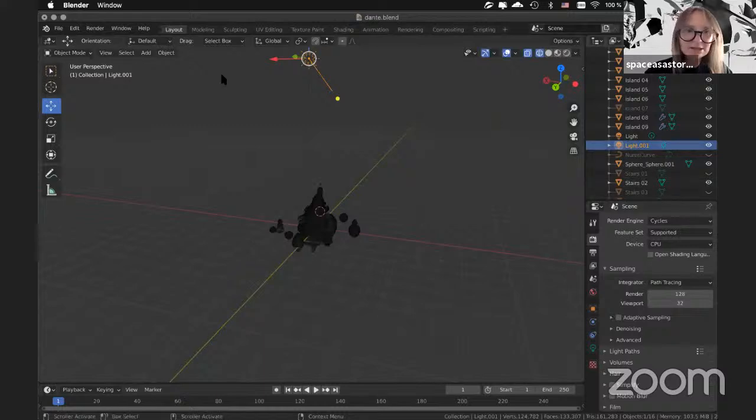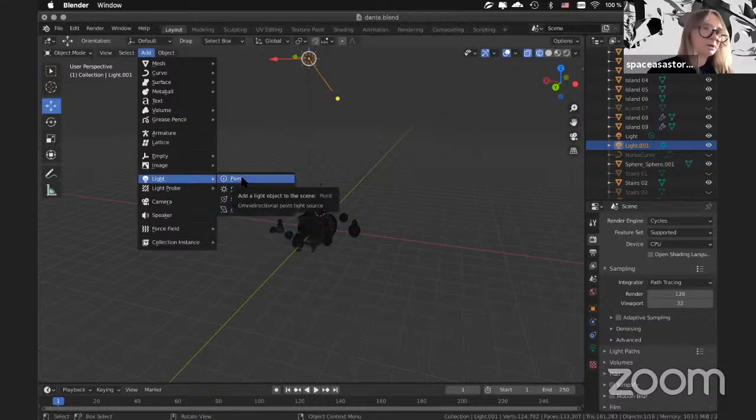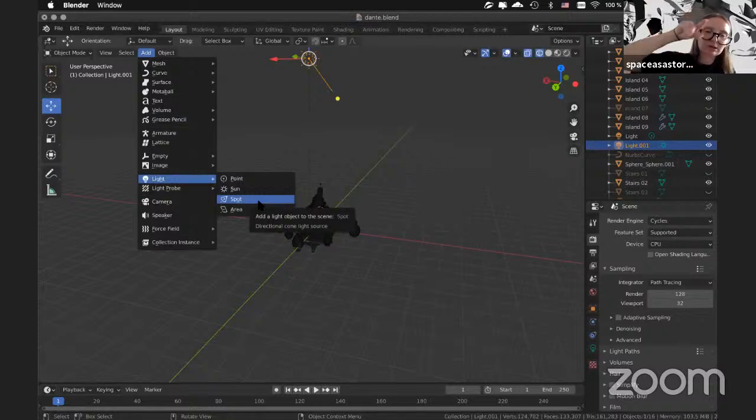So to create a light, we need to go to Add, Light, and choose different types. There is point. I think it's quite familiar to you what the different types are, but we have a point that lights everywhere from one point. We have a sun that is very intense, and it is useful to have one up in the scene if you have a daytime scene. We have a spot